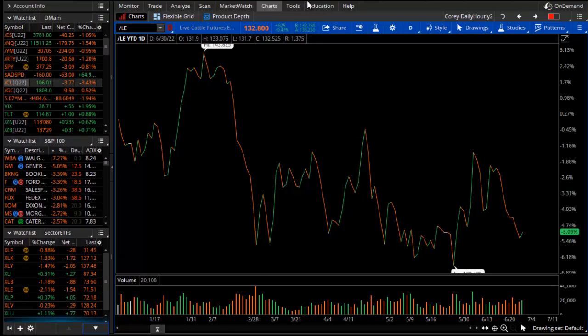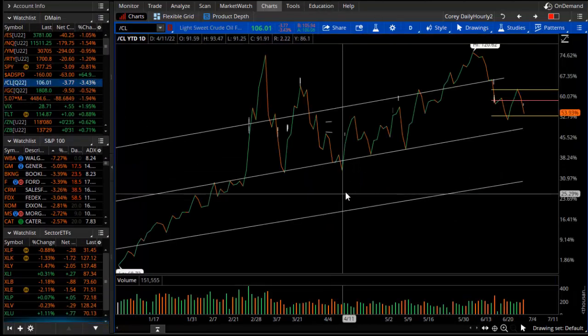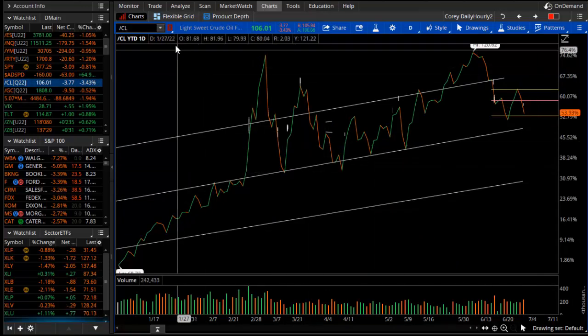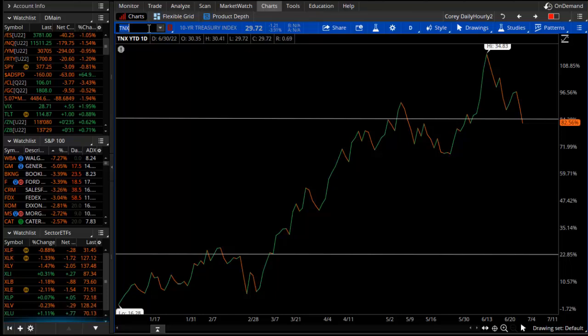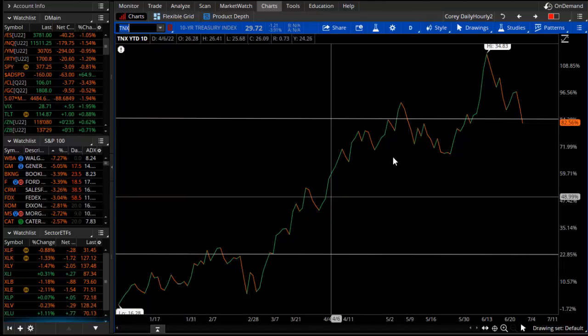So that's the theme of 2022 as we go past the halfway point: inflation, inflation, inflation. And that has to do with a rise in commodity prices. But taking a look at the TNX, which is your 10-year Treasury note yield, that's going to be similar to TLT. That's where the rates have gone up.